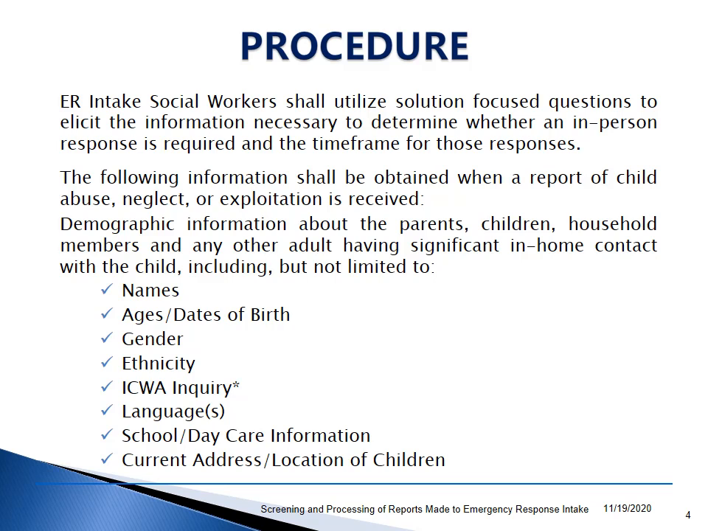The following information shall be obtained when a report of child abuse, neglect, or exploitation is received: demographic information about the parents, children, household members, and any other adult having significant in-home contact with the child, including, but not limited to, names, ages, dates of birth, gender, ethnicity, ICWA inquiry, languages, school and daycare information, current address, and location of the children. Please note, per the Welfare and Institutions Code Section 224.2, Section A, the duty to inquire about if a child is or may be an Indian child begins with the initial contact, including, but not limited to, asking the party reporting child abuse or neglect whether he or she has any information that the child may be an